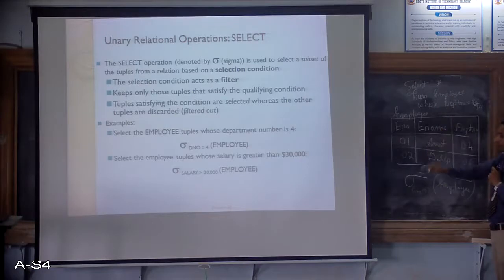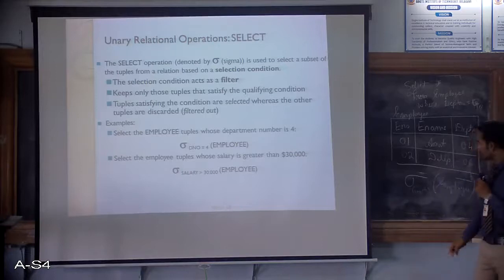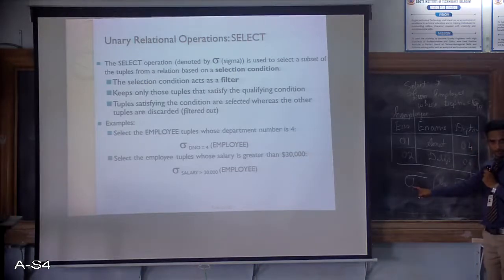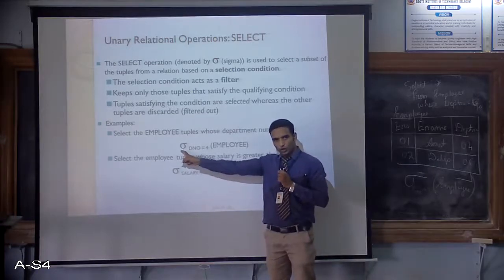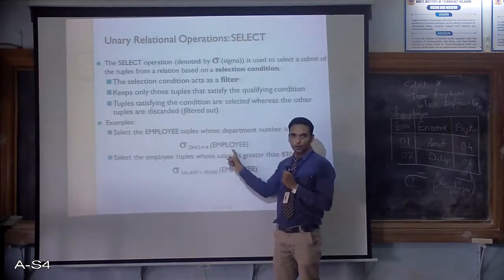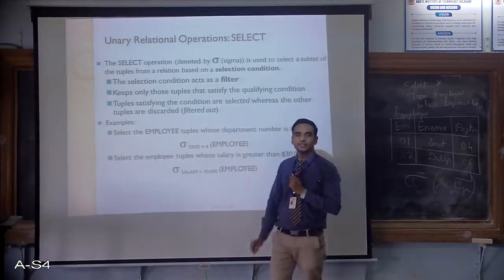But the same thing can be written in relational algebra with the notations now. Since we are working with relational, we work with mathematical modeling. So how can it be written? The select operator, the condition followed by the relation name. So select, this is how it is explained here. See. Select all the rows from the table employee who belong to department number 4. This is how I write the select operator.